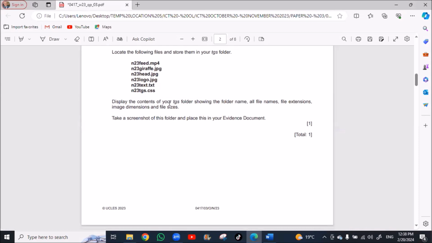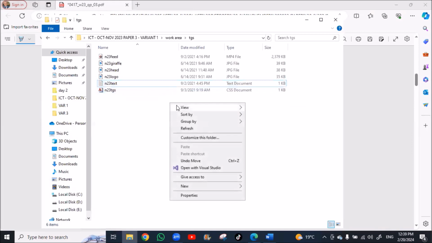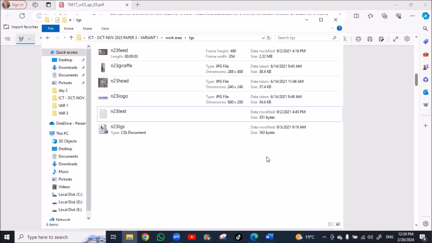Display the content of your TGS folder, showing the folder name and all file names. You need the folder name, file names, file extensions, image dimensions, and file size. Take a screenshot of this folder and place it in your evidence. So we'll go to our work area, right click, and view content.